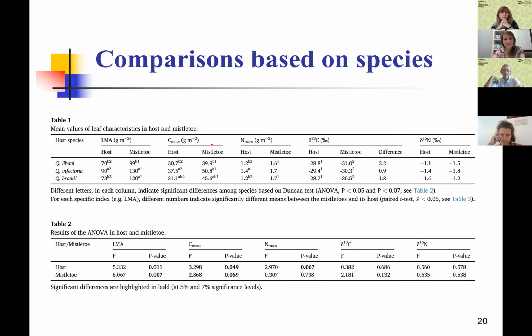Results. If I want to report results, it's better to be in two sections. The first part is based on ANOVA, and on that we compared the differences between the species in hosts and mistletoes on different hosts. Based on ANOVA analysis, Quercus infectoria has